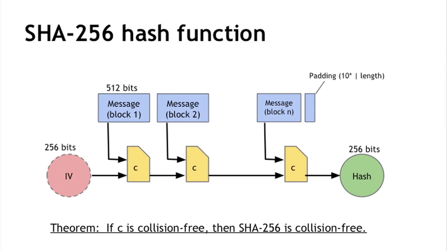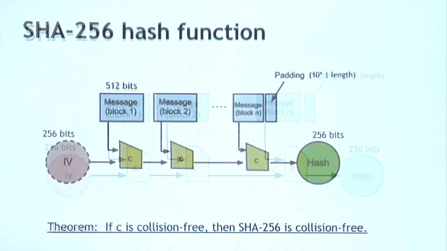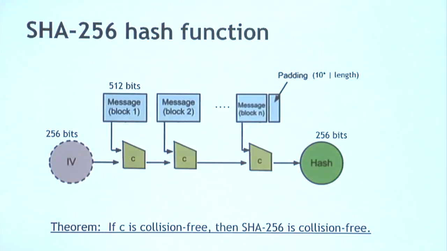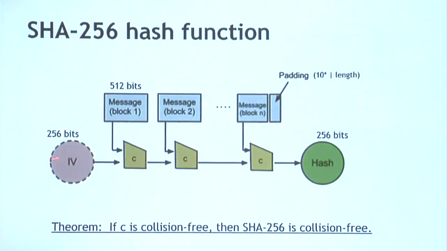So once you've padded the message so that its length is exactly a multiple of the 512-bit block size, you chop it up into blocks and execute this computation. You start with a 256-bit value called the IV. That's just a number that you look up in a standards document. Then you take the IV and the first block of the message, those 768 total bits, and run them through this special function C, the compression function, and out comes 256 bits. You now take that with the next 512 bits of the message, run it through C again,